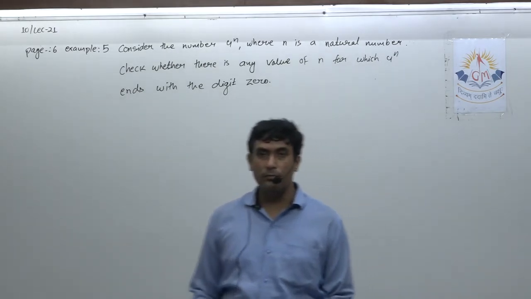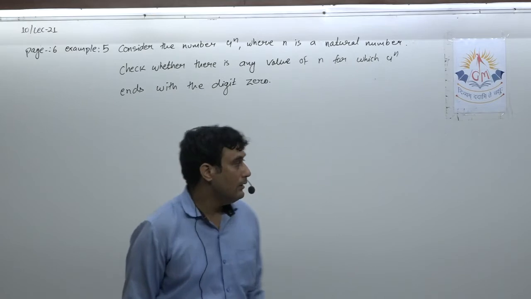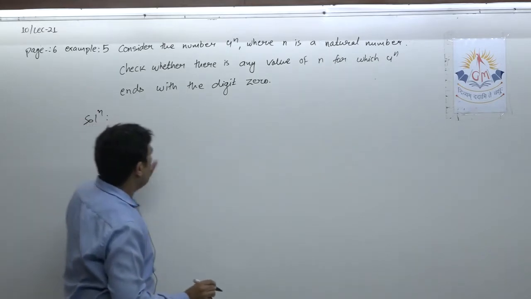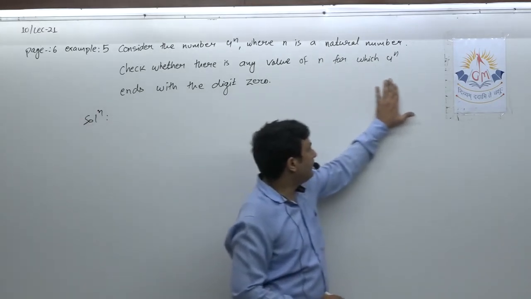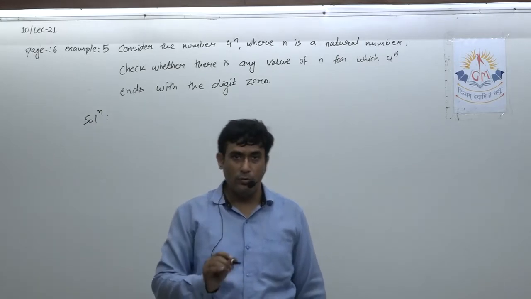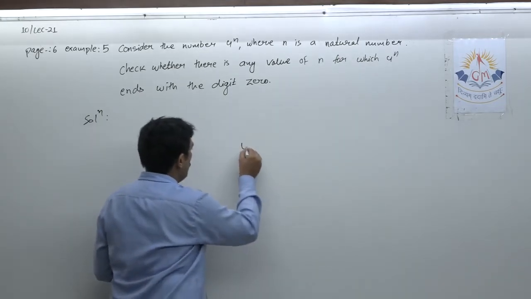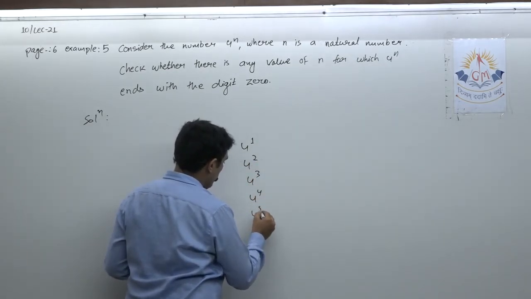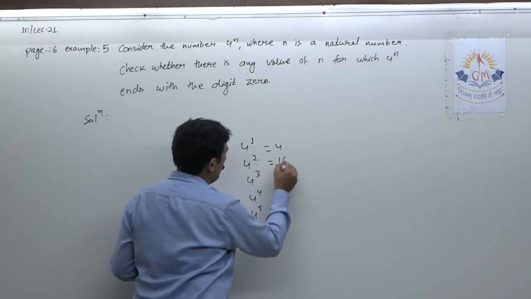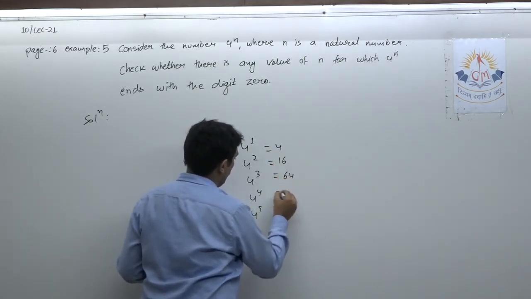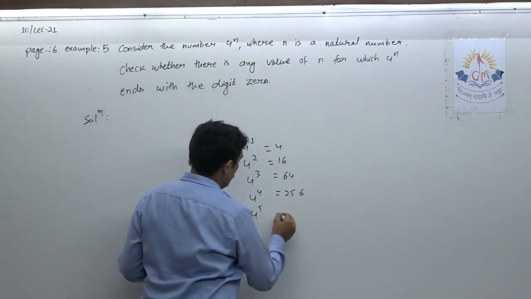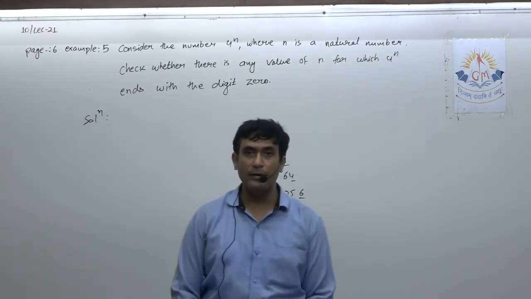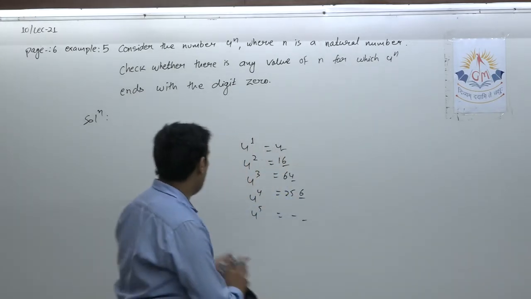Okay, now let us see how to solve this. The very first thing you should understand, here we want to know whether 4 raised to n ends with 0 or not. That means whether it is 4 raised to 1, or 4 raised to 2, or 4 raised to 3, or 4 raised to 4, or 4 raised to 5, and so on. So this is 4, this will be 16, this will be 64, 256, and so on. So either it ends with 6 or it ends with 4, but here we have to show it in this way. So how will we show this?